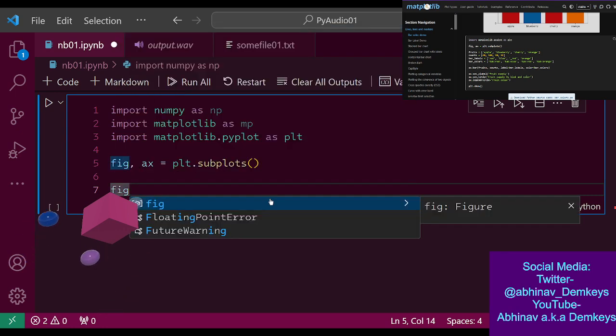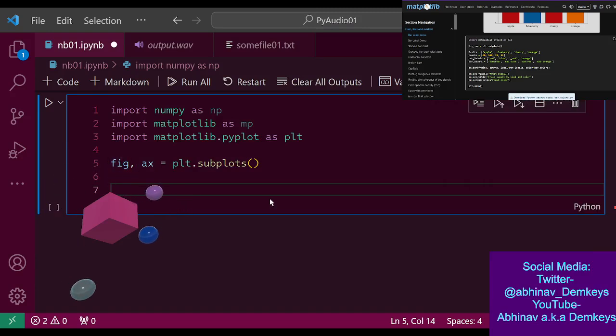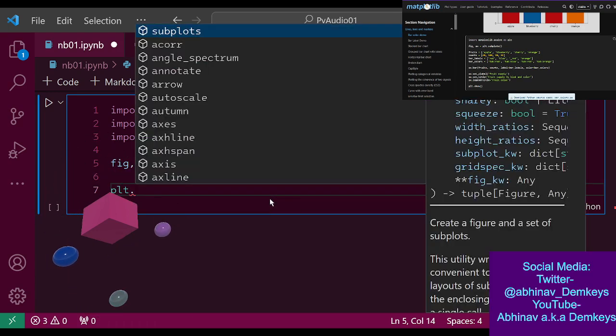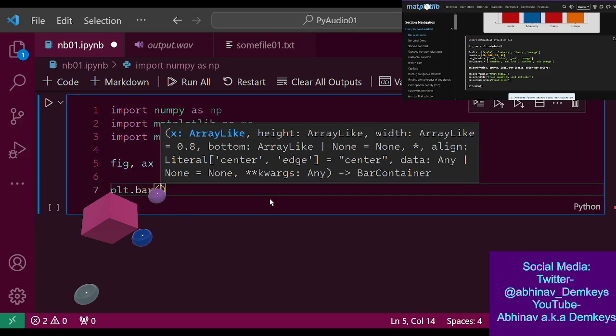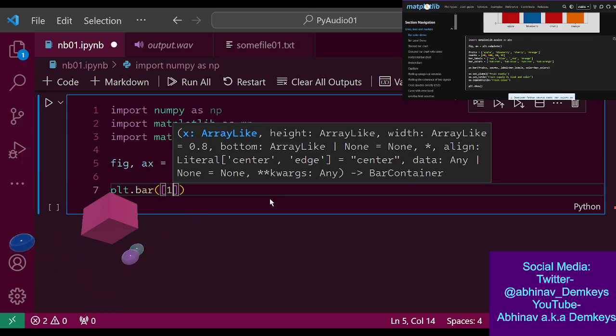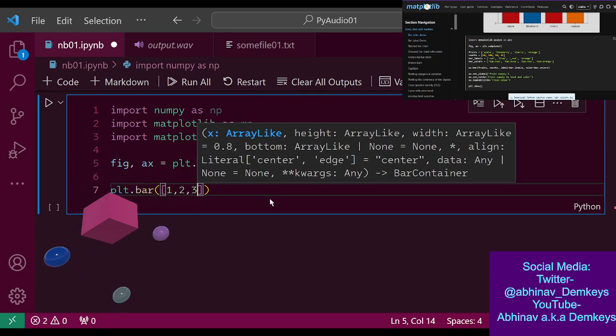Then was it figure.plot, or was it, oh wait, no, I think I just need to do plt.plot, or here, bar graph. So x has to be 1, 2, and 3, I think.